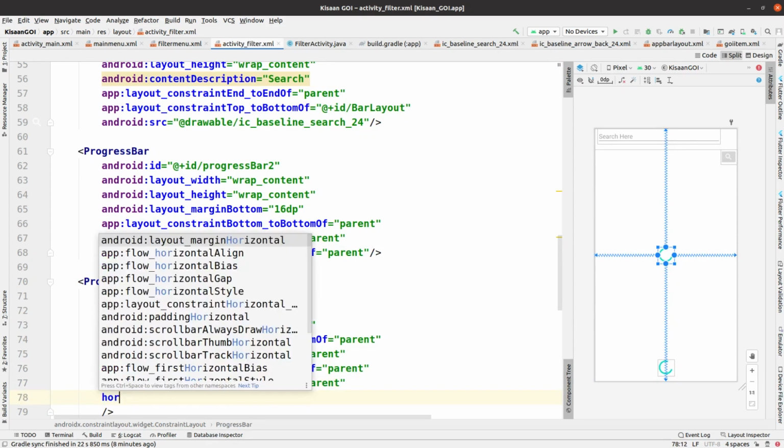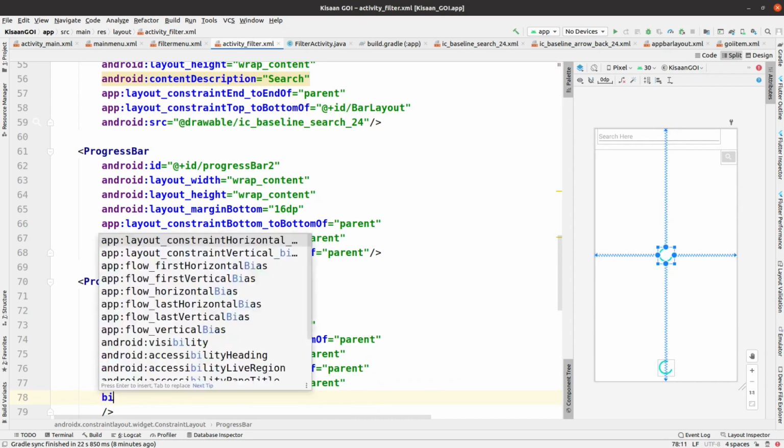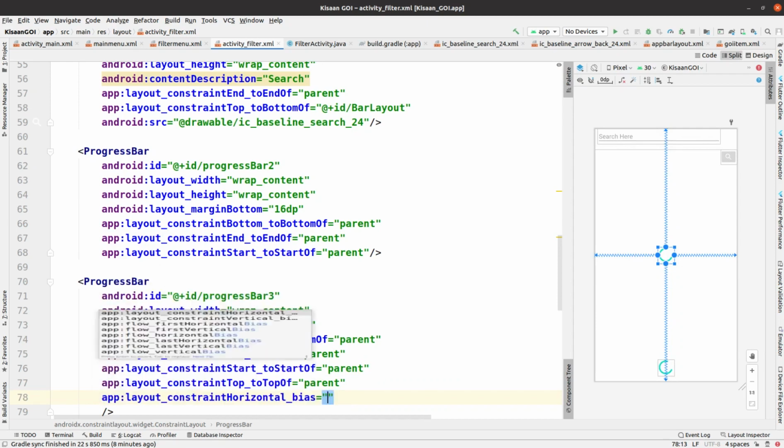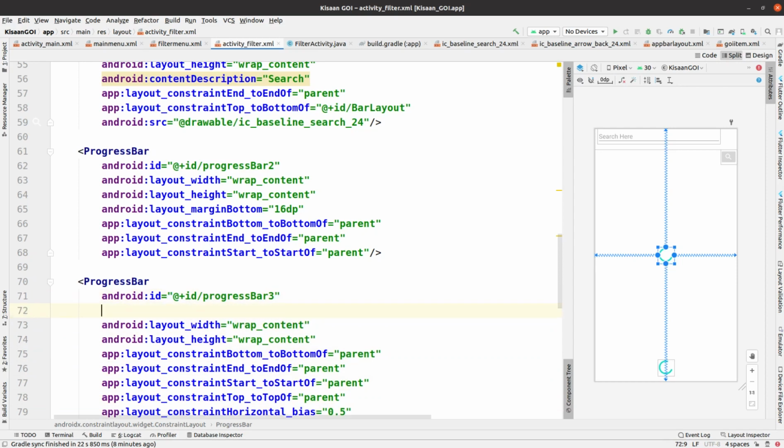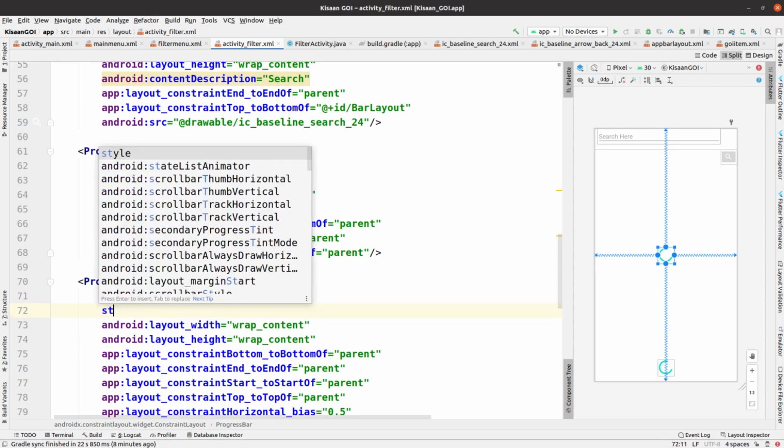Now one more thing, like horizontal bias, we are going to set it here to 0.5. So it is almost completed, this progress bar having the ID progress bar 3.